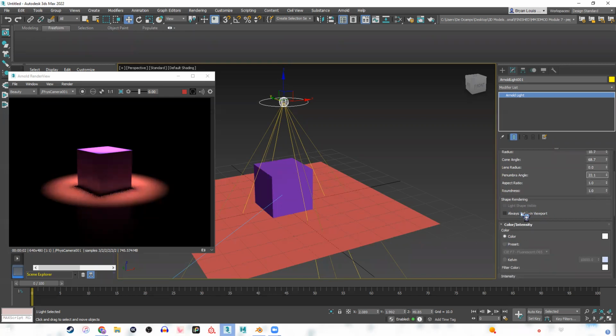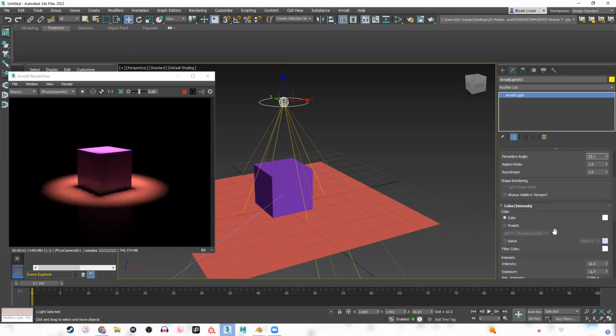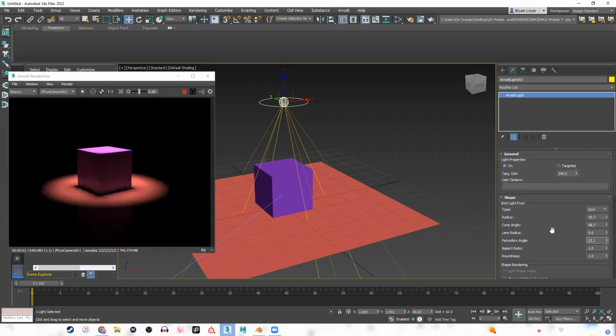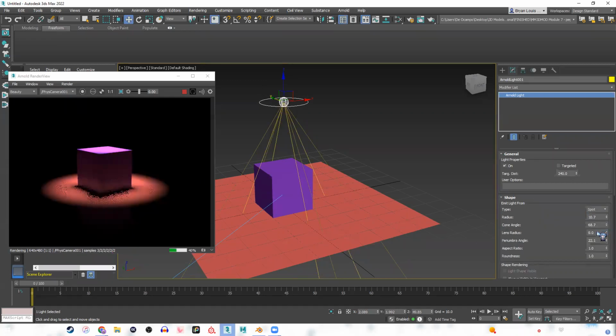Now, unlike in Blender, we can't use the light shade visible here on our spotlight in our Arnold light. So that is basically it. Also, I forgot to mention, here in our point, spot, and quad lights,